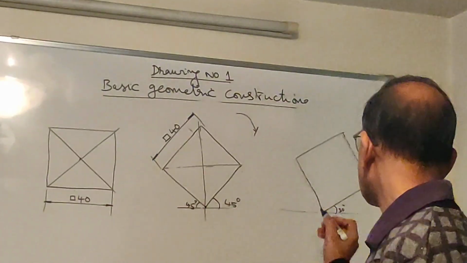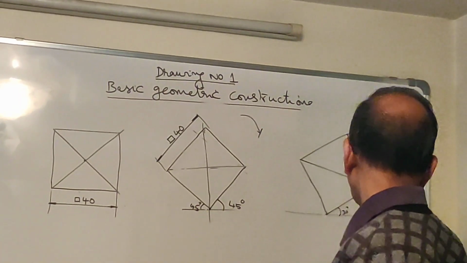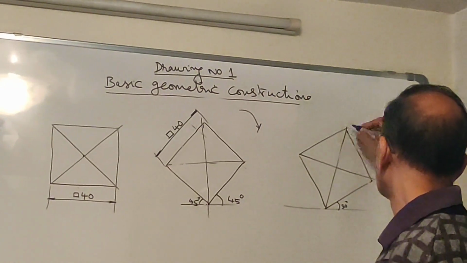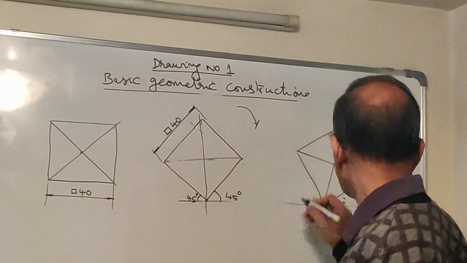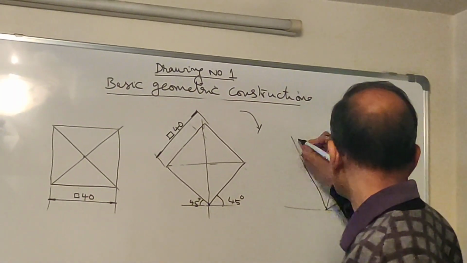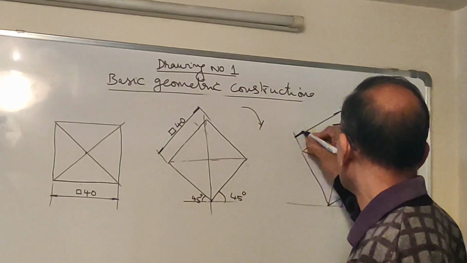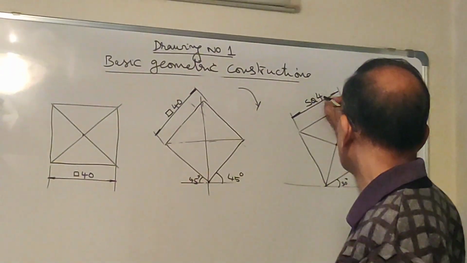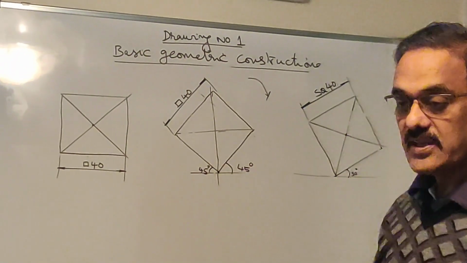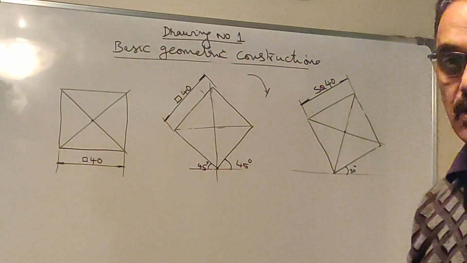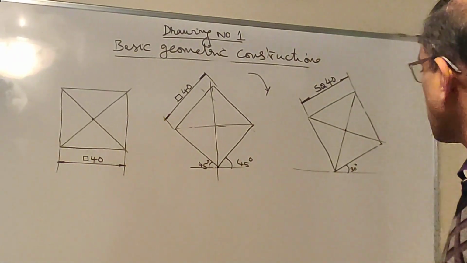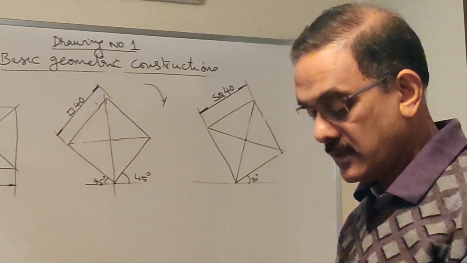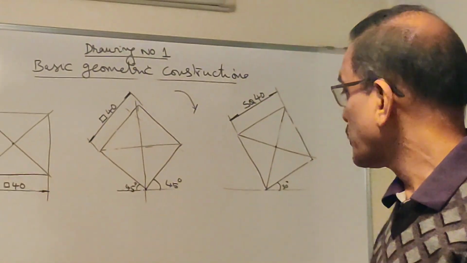Now when you draw the diagonals, they will be inclined. They are no more horizontal and vertical now. These are the positions of the diagonals and this is the center. You can mark the dimension for one of the edges. Instead of marking it as a block, it is sometimes written as SQ. So the prefix you can choose as SQ, or you can type also the prefix, whatever you want. So SQ40 stands for square 40. Let us move to the next exercise.